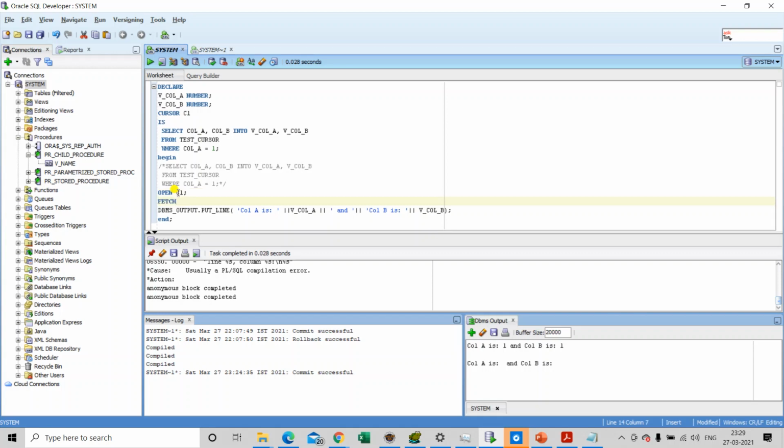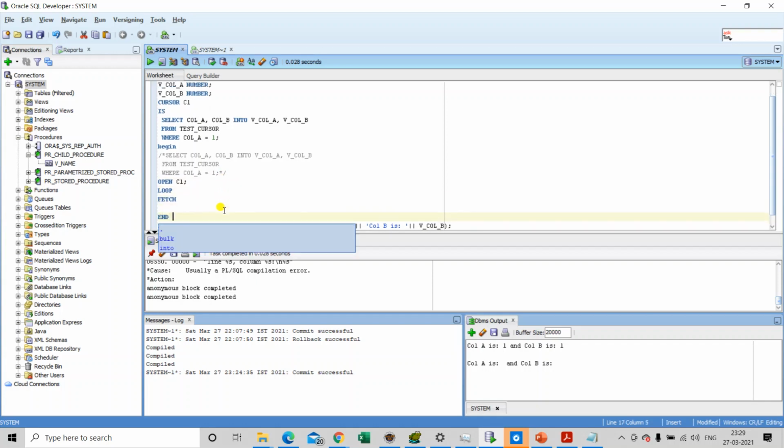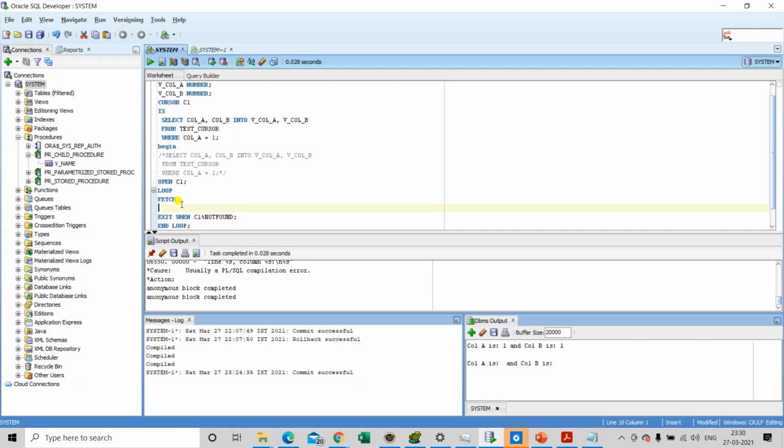then we will use the loop as there might be more than one record retrieved from the underlying cursor. We will use the loop and end loop with the exit condition. Inside this loop we will fetch the records from the cursor one by one using the fetch cursor name command.